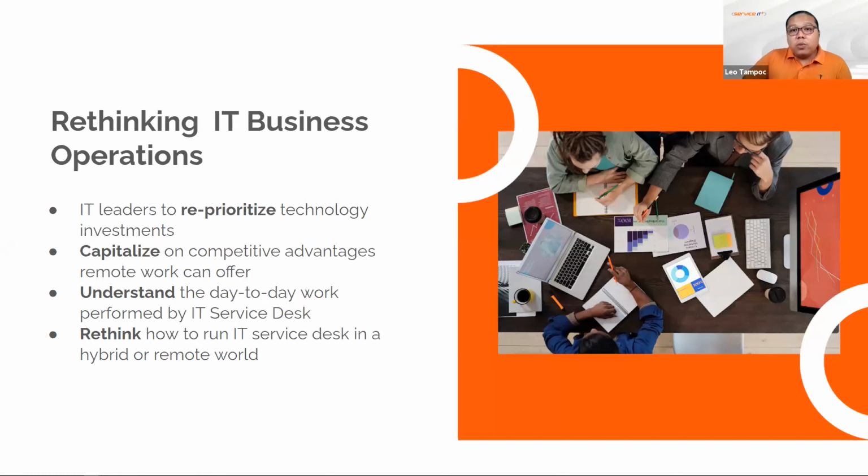And one of these includes how IT leaders now find the need to reprioritize their technology investments. IT leaders are also reflecting on whether their organizations are to capitalize on the competitive advantages remote work can offer, because with remote working models being adopted globally, the definition of business as usual becomes a question to most.